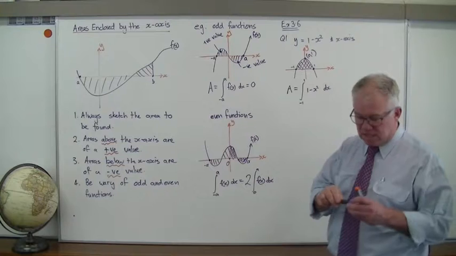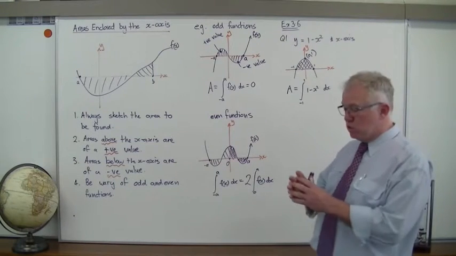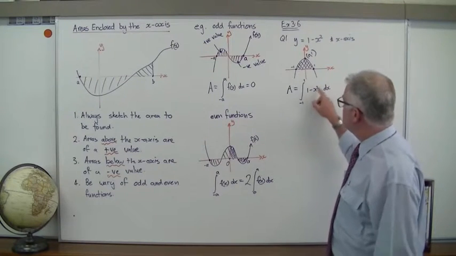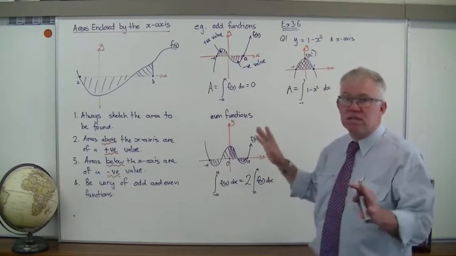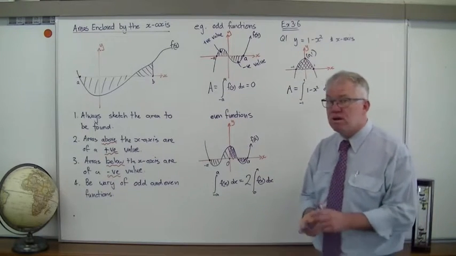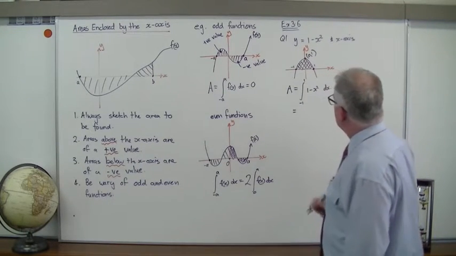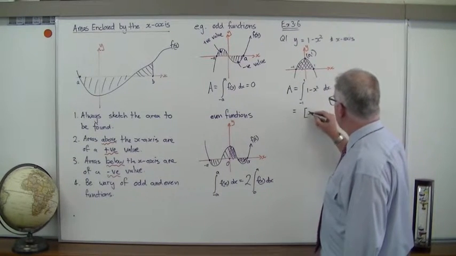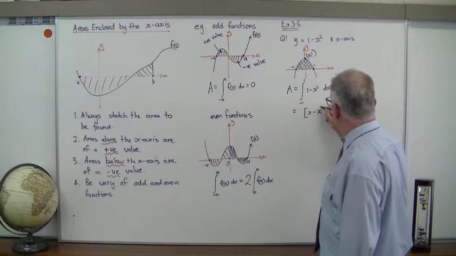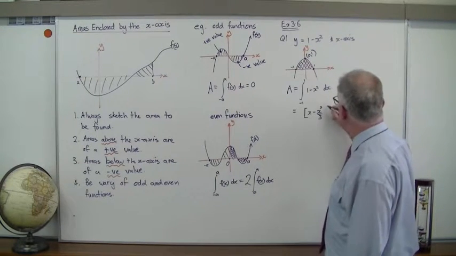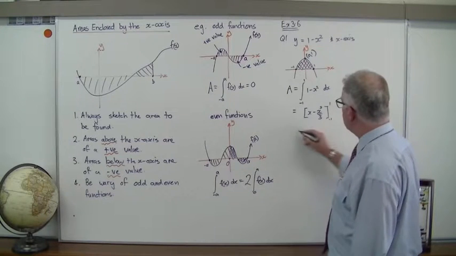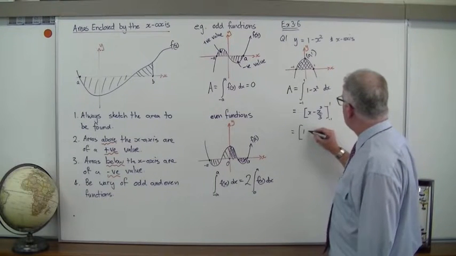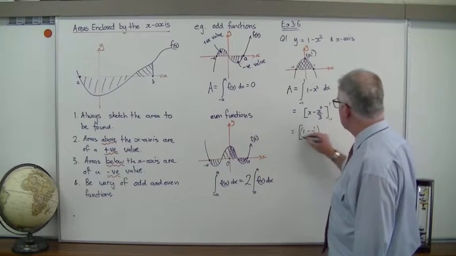And we'll see why that is a little bit later on when we start considering two curves and the area between two curves. We'll see why it's just this function and nothing else we need to worry about. Hopefully that will become clear. Let's integrate this function. So we'll end up with x minus x cubed on 3, and that's from minus 1 to 1. We substitute in the x values, so we're going to have 1 minus 1 on 3